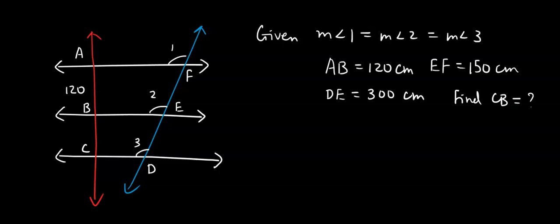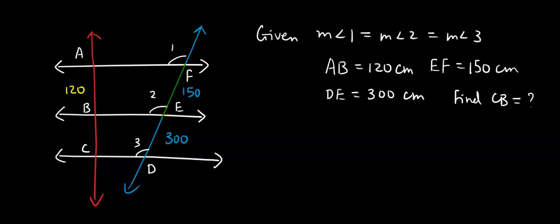It is given that the measure of angle 1 equals the measure of angle 2 equals the measure of angle 3. It is also given to us that AB, which is right here, is 120 centimeters. EF is 150. Let's label it. EF is 150, and DE is 300 centimeters. It asks us what is the length of